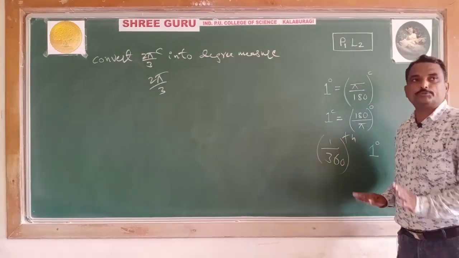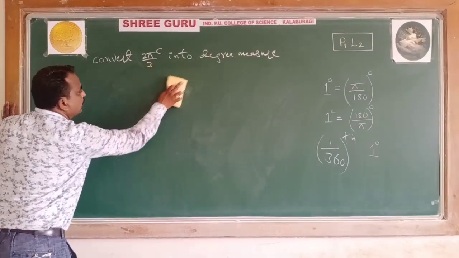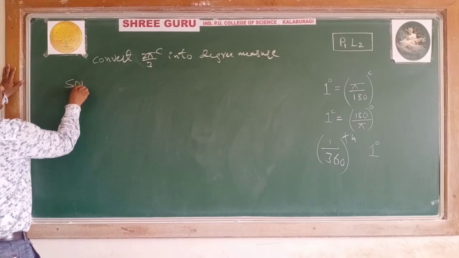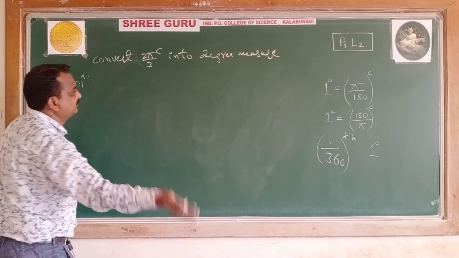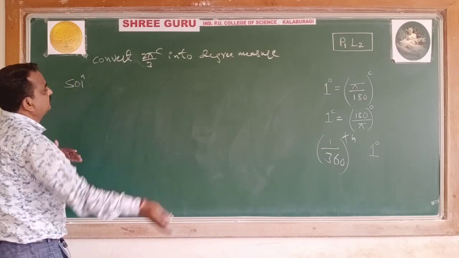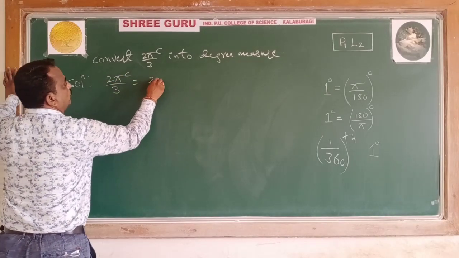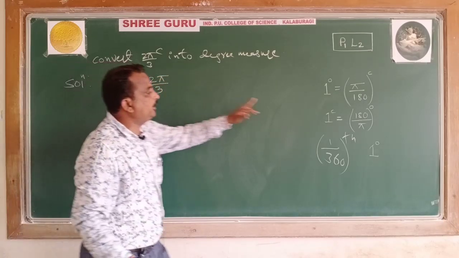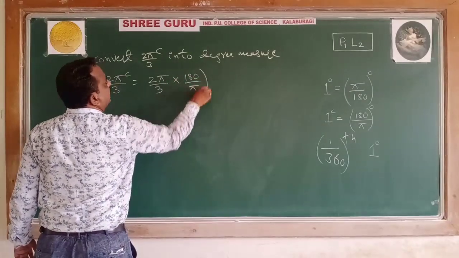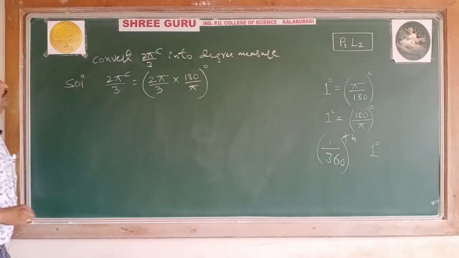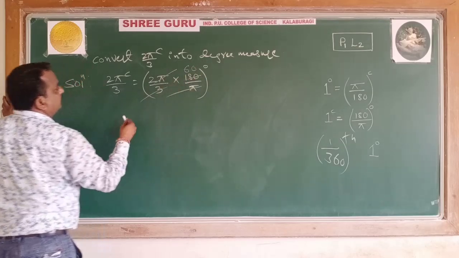So 2 pi by 3 means you think that it is in terms of radians. Now see, students, it is a very simple question, definitely a one mark question, either in terms of radian or in terms of degree he may give. He may give in terms of degree and ask in terms of radian, or he may give in terms of radian and ask to convert in terms of degree. Your question is 2 pi by 3 radian. To convert radian to degree, multiply the given angle by 180 by pi, and you will get it in terms of degree. This pi and pi get cancelled, student. 3 6 18, the 0 as it is. How much is it?